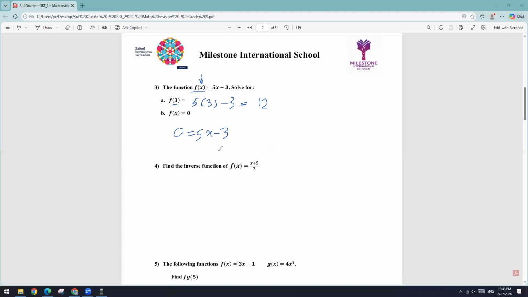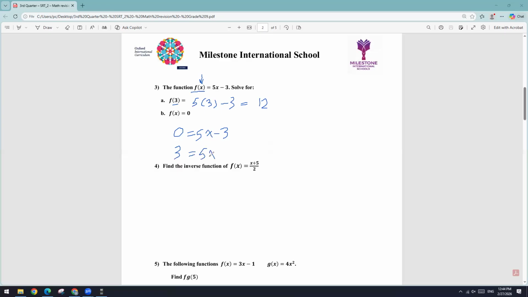Okay, now, so then what do I have to calculate here? So here, if the answer is 0, I need to calculate to find the value of x. That makes the answer 0. So you know how to do that. First, I need to remove minus 3. How? We do the opposite, plus 3. So 0 plus 3 is a 3, equals to